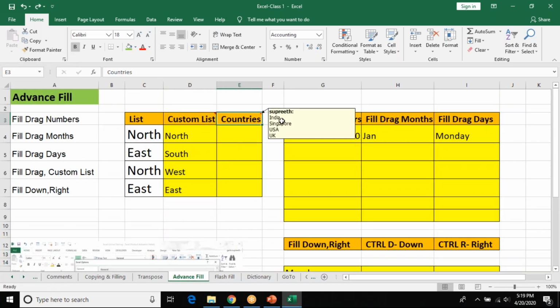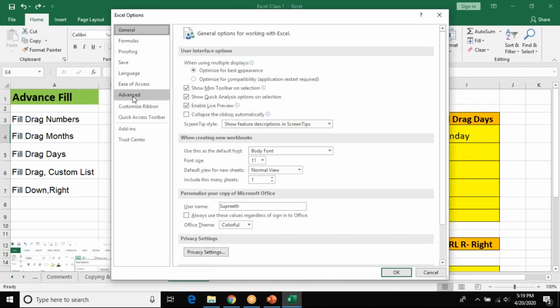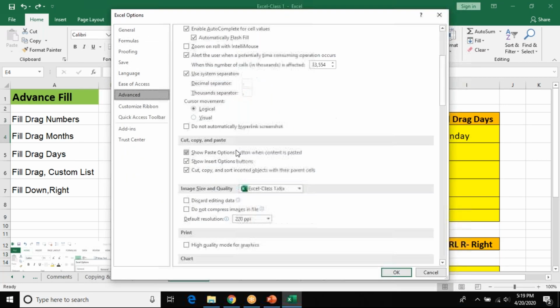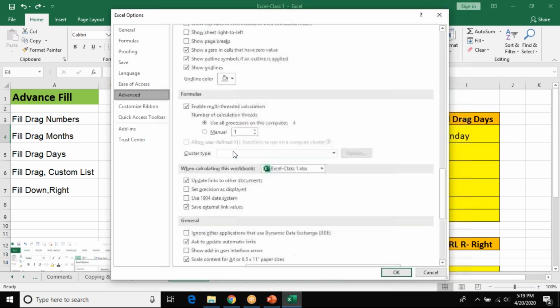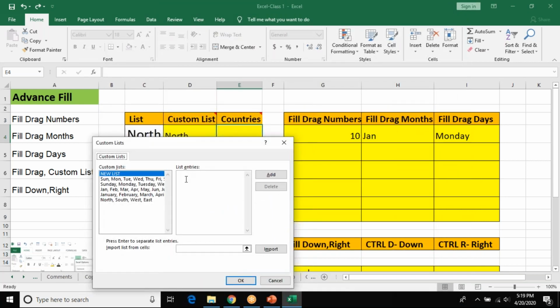Now I want the countries in the same order. What I'll do is click on this, go to File, go to Options, go to Advanced, scroll down. You have something called Edit Custom List. The new entry is India, Singapore, USA, UK.